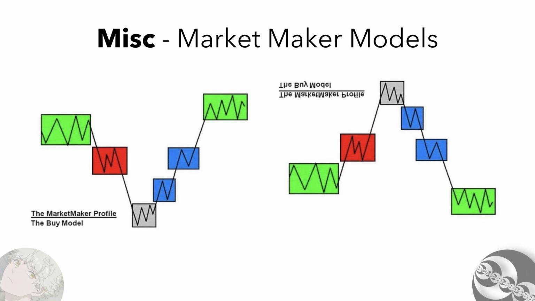Essentially, it represents a cycle where price rises from a low point, reaches a peak, and then declines back to or below the starting point. The market maker sell model is the opposite, where we begin with a consolidation at a high or a premium price level. Then the market declines to a discount level, reverses, and trades back above the original consolidation. It depicts a cycle where prices fall from a high point, reach a low, and then rise back to or